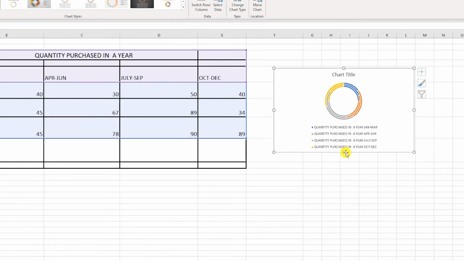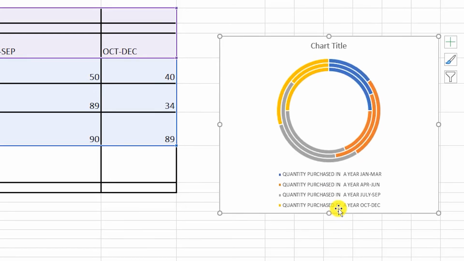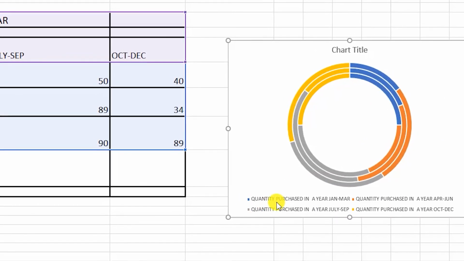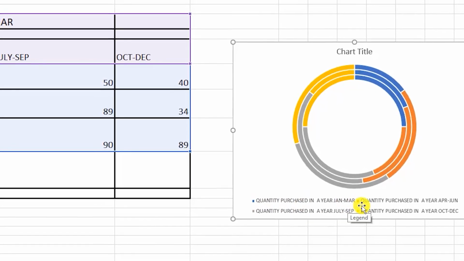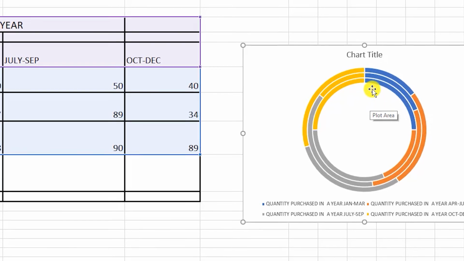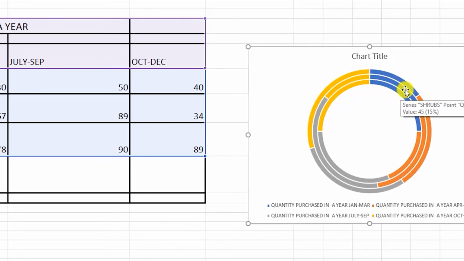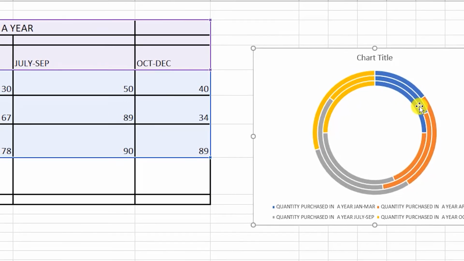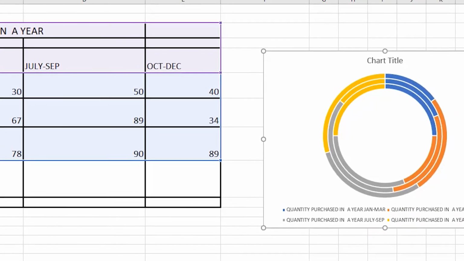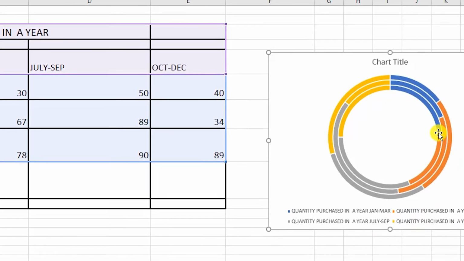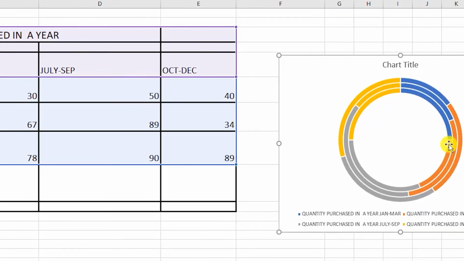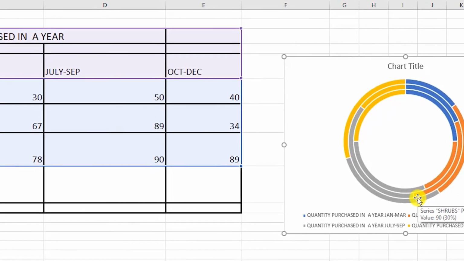Right? Now since this donut chart is not very clear to us as to what it is trying to show, here it is showing blue means quantities purchased in a year January to March. Now these three blues mean that for flowers it was 40. For the trees and shrubs, it was 45. So there are two big blues and one small blue. Then quantity purchased in the year April to June is being depicted by orange. Since this was 40 here, this is for flowers. So now this has increased to 50.